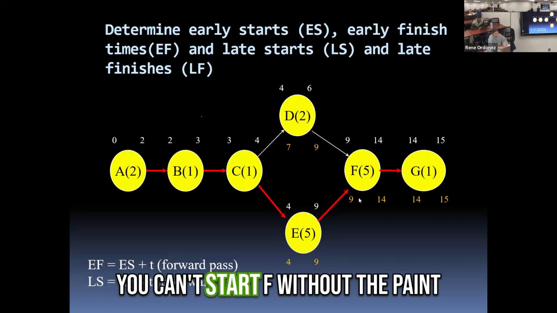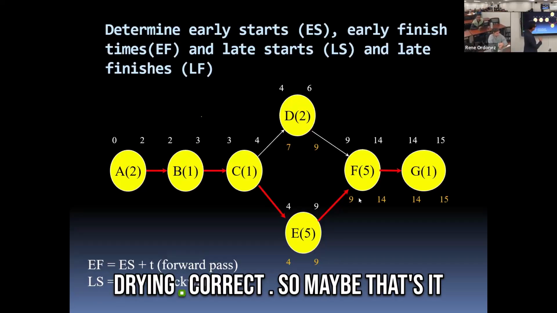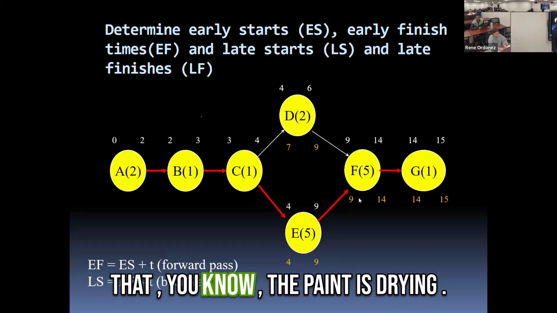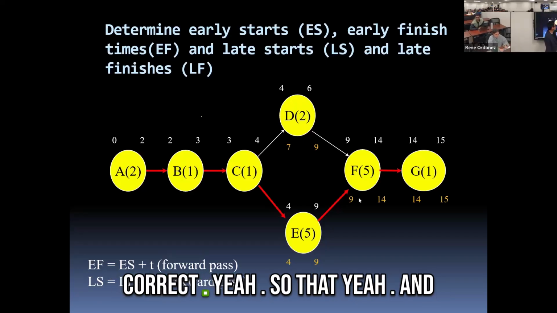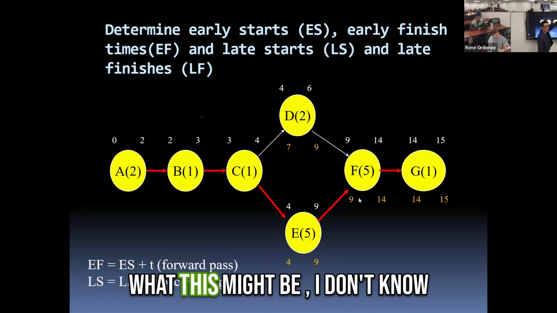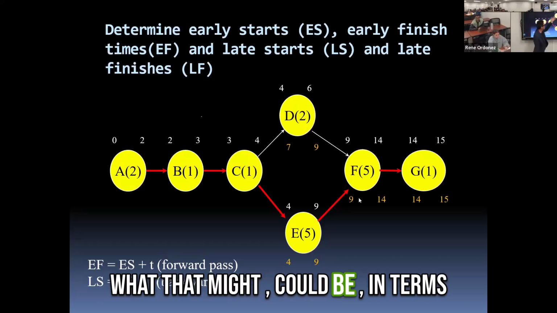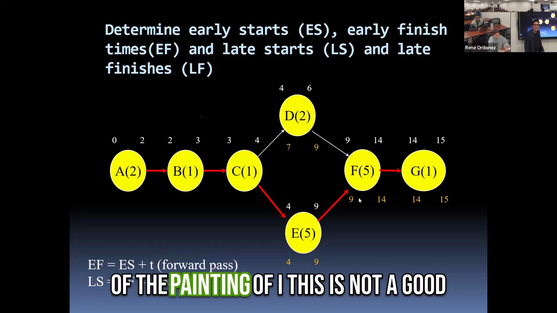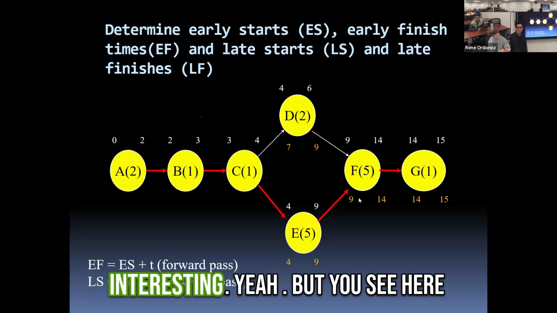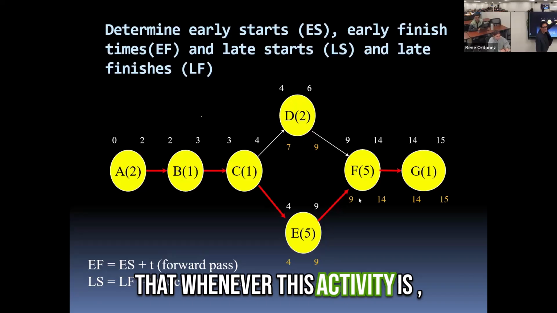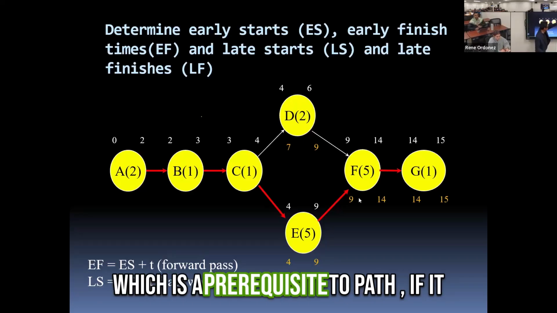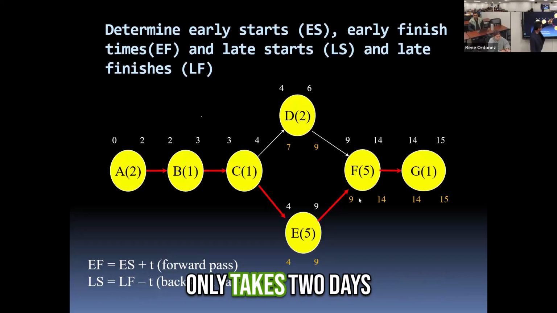You can't start F without the paint drying. Correct. So maybe that's the paint drying, so over it's here. Literally you're just stopped. Correct. What this might be in terms of the painting, I don't know. It's not a good analogy, but it serves. But you see here, this simply says that whatever this activity is, which is a prerequisite to F, if it only takes 2 days,